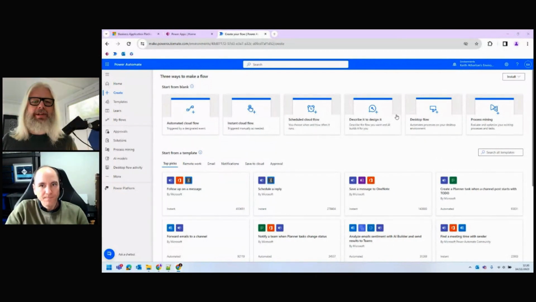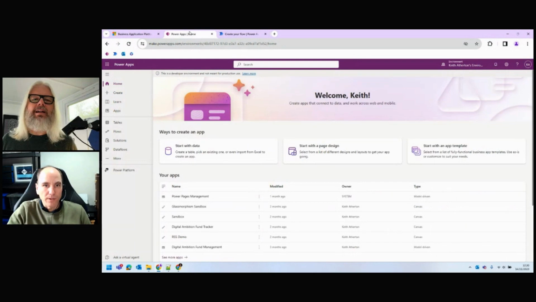Because that's something we can take a quick look at. Yeah, absolutely. So we go to PowerApps right here. This is the portal for PowerApps. Kind of a similar interface. We're going to get this hero image. We get some commonly used things in the center with a menu bar down the left.